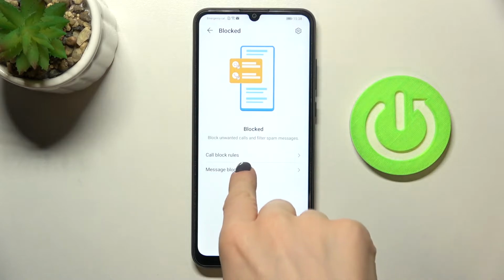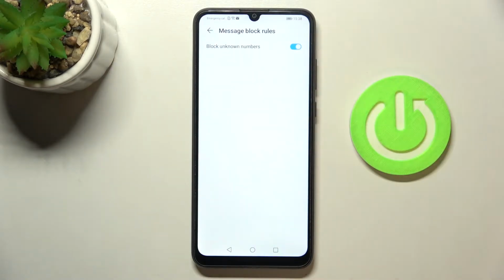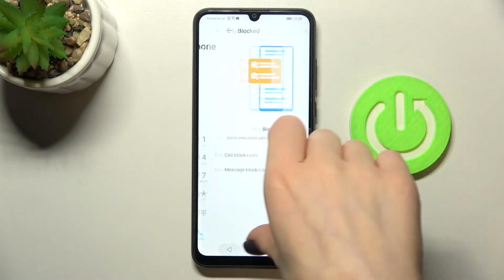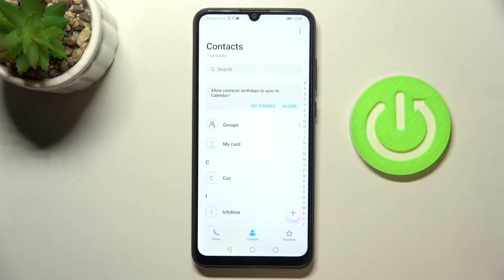You can also set some rules for messages. So here you can also only access unknown numbers blockade, and then if you would like to block some particular